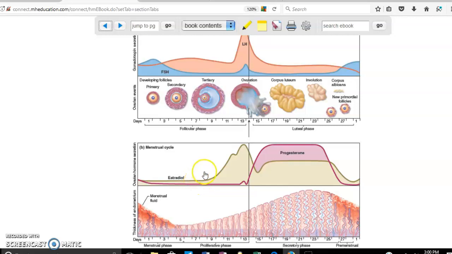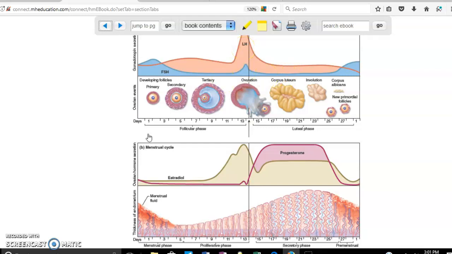Okay, so if we keep looking at the hormones, you can see again during the first 15 days, basically, we're going to have estradiol, estrogens. Then during the last 15 days, we're going to have progesterone. These are hormones produced by the ovaries. If you look here at the top, you have other hormones, LH and FSH. They come from your pituitary gland. Ovulation has a strong correlation with a peak in LH.